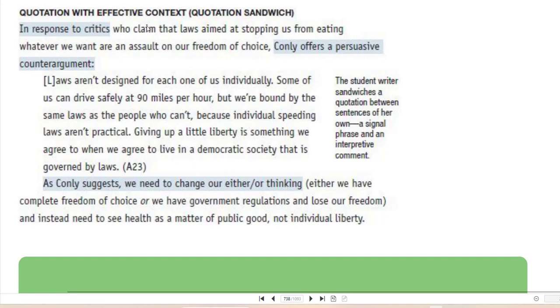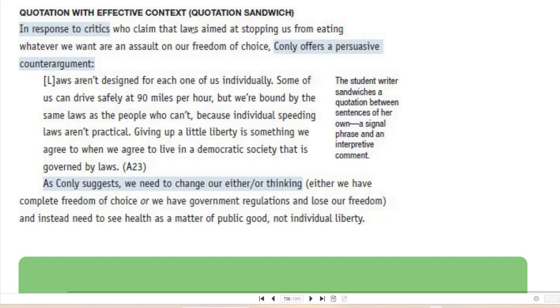You've got your main point, P, then you've got your I, the in-text citation, and then you've got your E, the explanation of that in-text citation in 5 sentences, although for this example they only gave 1.